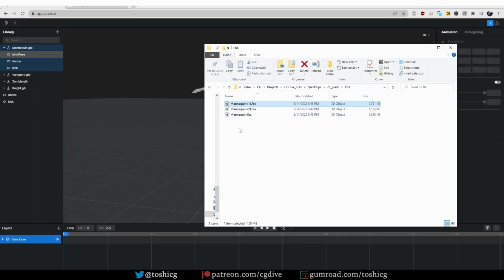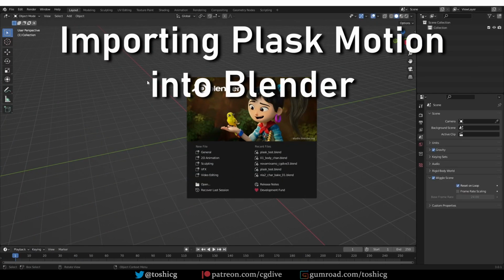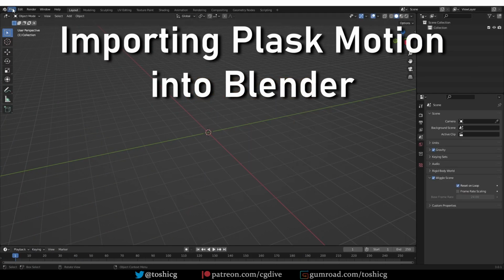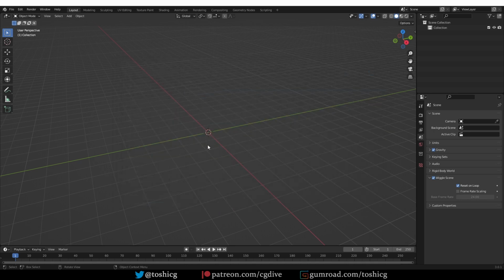The files will have this simple naming, so I may want to rename them. So now you can proceed to import these files into your favorite 3D application. I'll be showing you how to do that in Blender. Here I am in Blender 3.01, and I'm going to import an FBX. And now if I import one of the actions with the default settings,